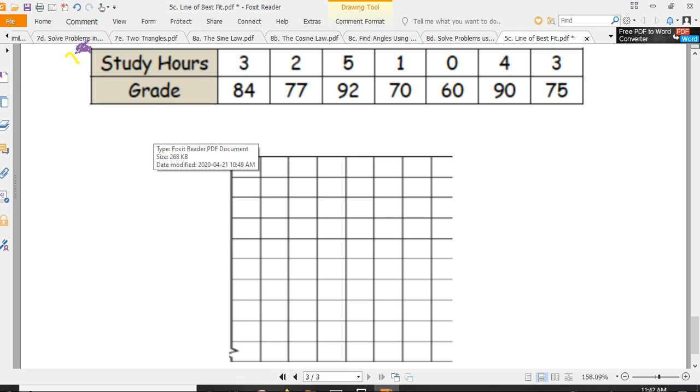So we can say that this is what we call the independent variable, and this is what we call the dependent variable, in the sense that the grade depends on the number of hours you study. So the dependent is always the y. Okay, so in this case, I will have grade on the y-axis and the study hours